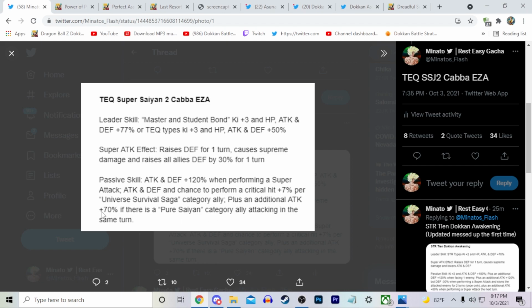He gets an additional attack plus 70% if there's a pure Saiyan category ally attacking in the same turn. Now, obviously, that's going to be pretty good with his attack and defense plus 120% when he's performing a super attack specifically. So all in all, he can get a pretty high chance to crit. And he can look pretty solid because of how his passive works. So again, if you have a full Universe Survival Saga category team, that's...